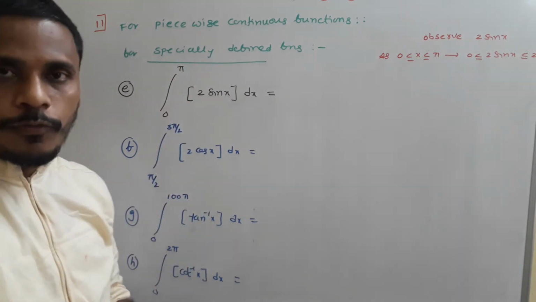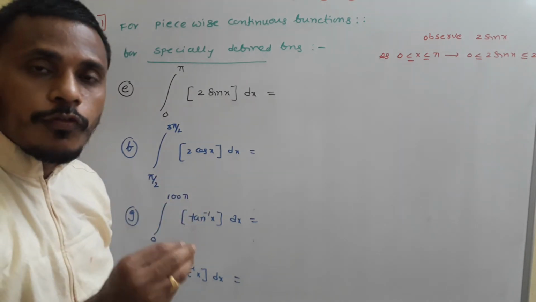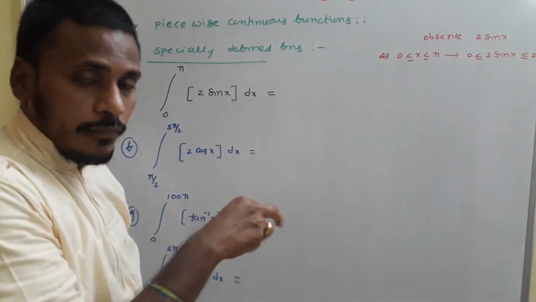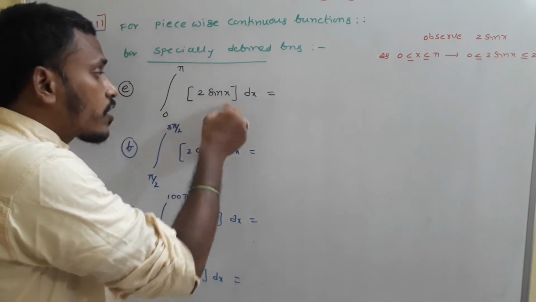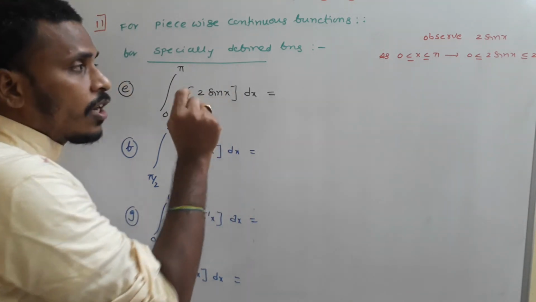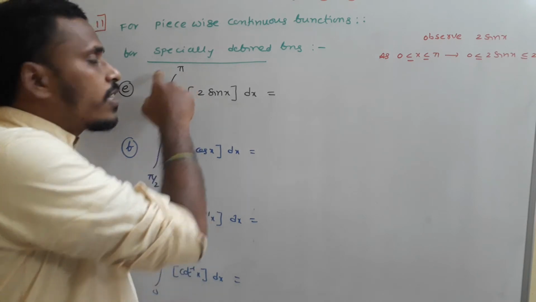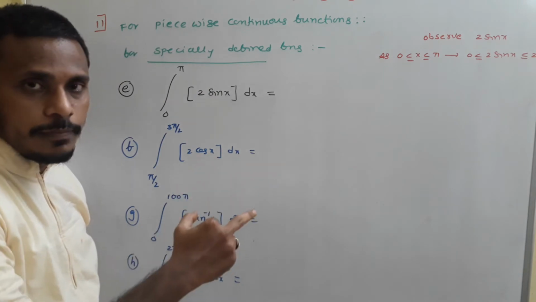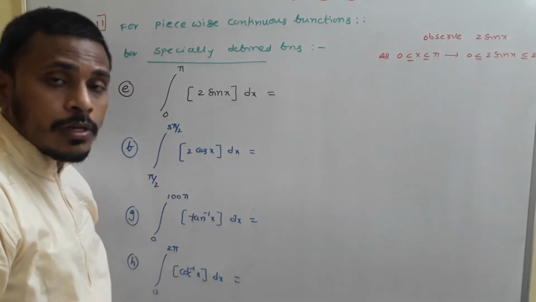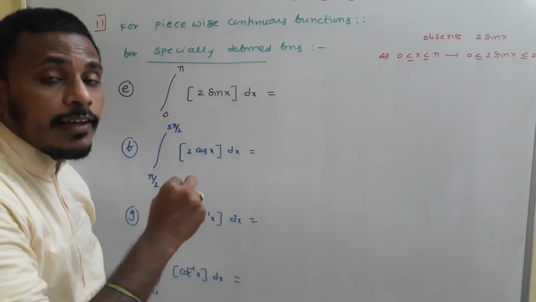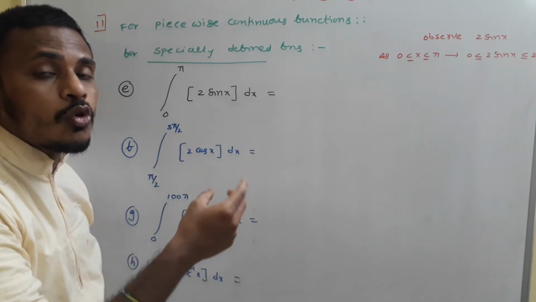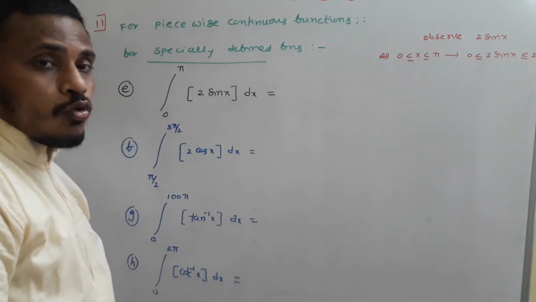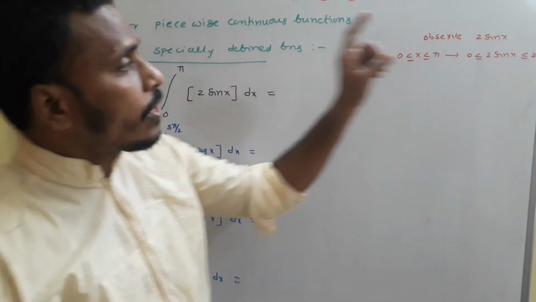See, we need to answer these types of problems. For all these types of problems, first of all, we need to concentrate on the function which is given in this step. What is the function here? 2 sin x. We need to split this integral such that the function value is changing from integer to integer. We need to analyze at what value of x the functional value changes from one integer to the other. At those points we need to break the given integral, and that's why you just concentrate on 2 sin x first.